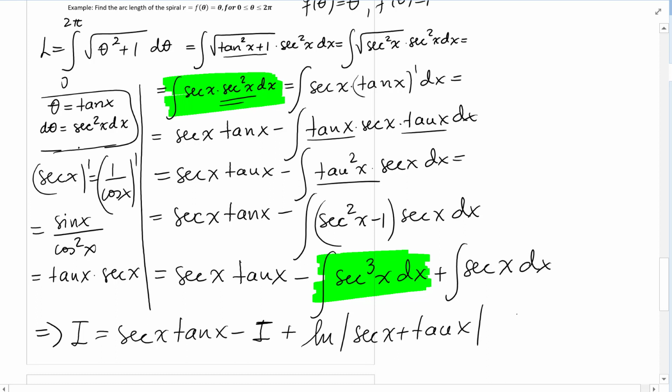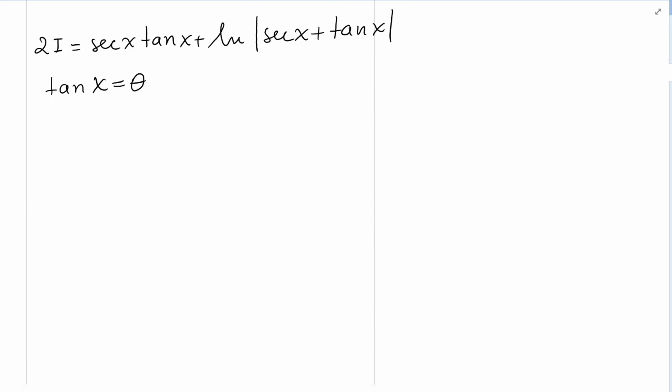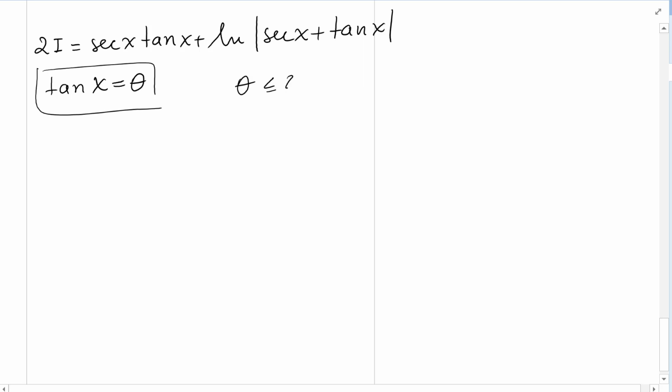So if we add I to both sides, we get 2I equals secant of x tangent of x plus ln of absolute value of secant of x plus tangent of x. But let's not forget that tangent of x is theta. So we want to go back to our limits of integration, which were 0 and 2 pi. So tangent of x equals theta means that,